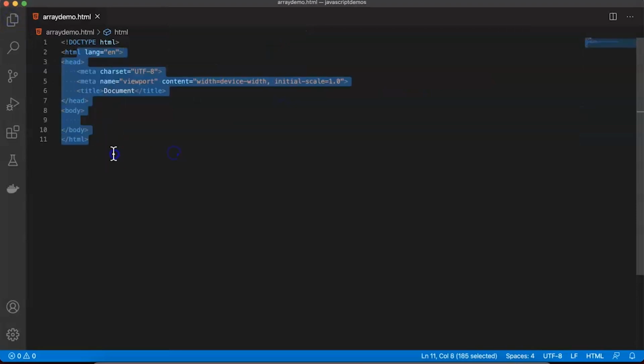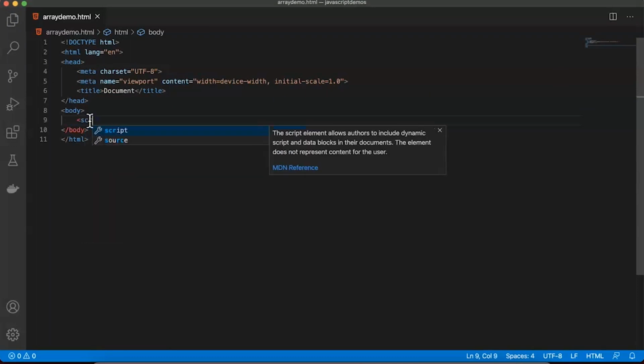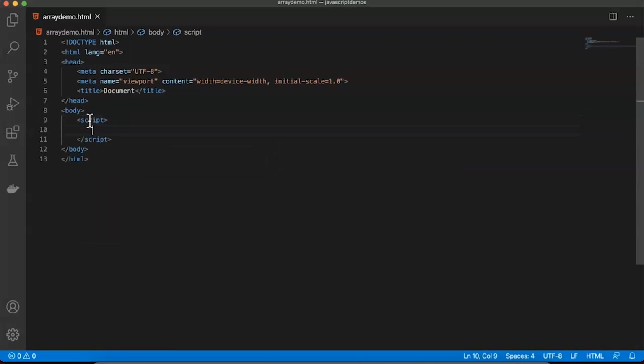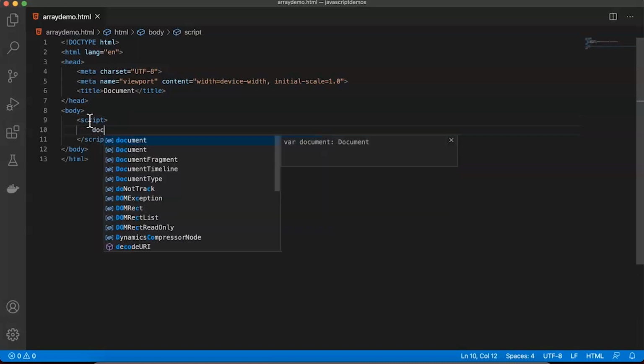Now the moment I hit enter, immediately you can see by default, a set of tags are available to me. Now here onwards, we will start with my script tag. And now here I will say document.write